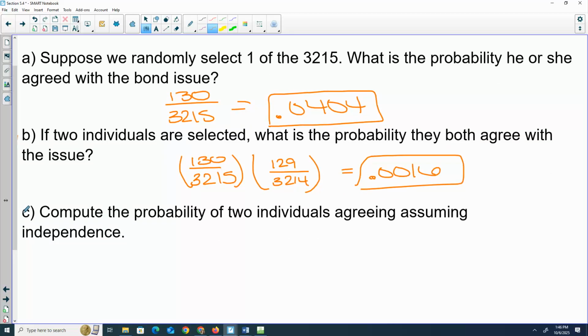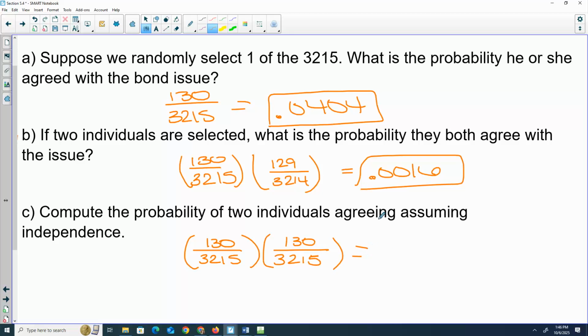This was assuming dependence. Basically, I'm standing there and I'm talking to two people. Would I talk to the same person twice? No. If Naren and I both go out and do this survey, is it possible we would select the same person to talk to? Yes. So assuming independence means it could be the same person both times. And that's how we were working problems Friday. If they were independent, you just took the same probability.